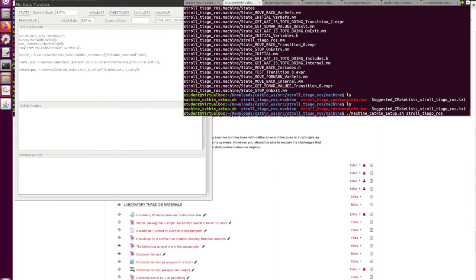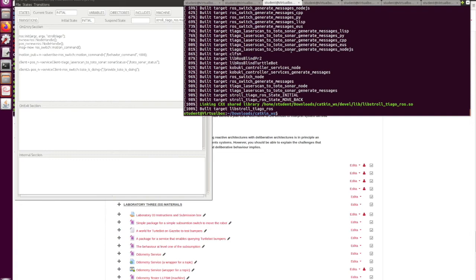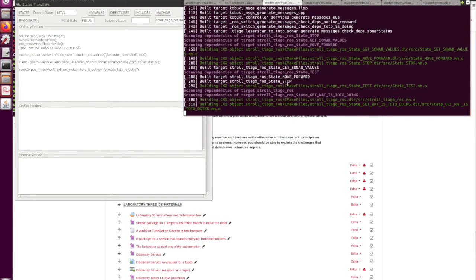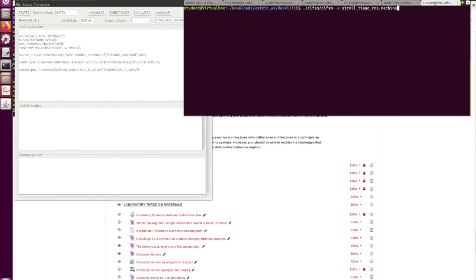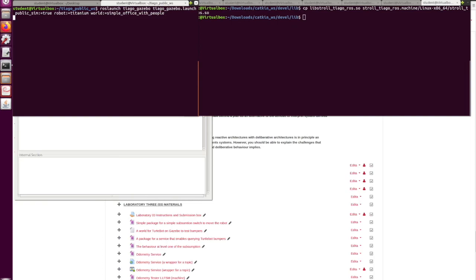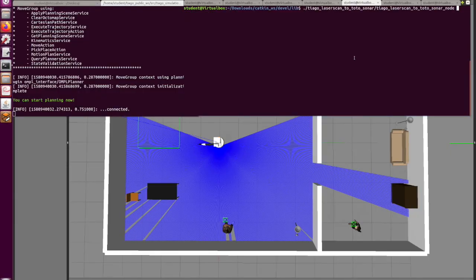recompile it. It's compiling again. I need to copy the compiled library and run an environment with the Tiago. I'm going to run